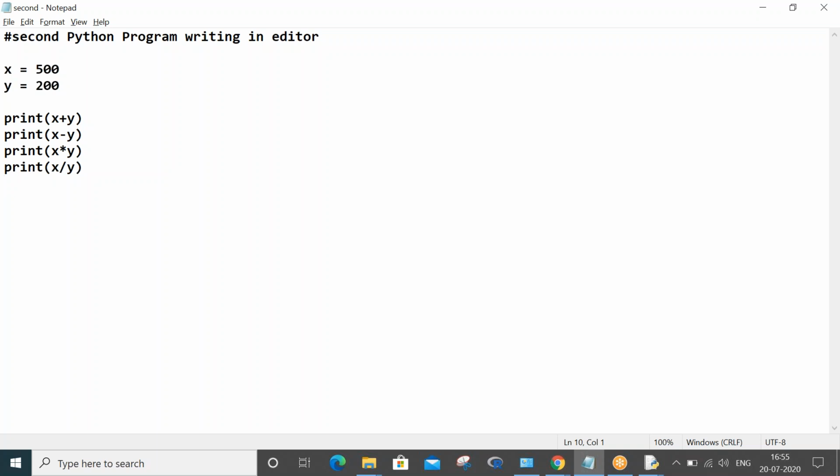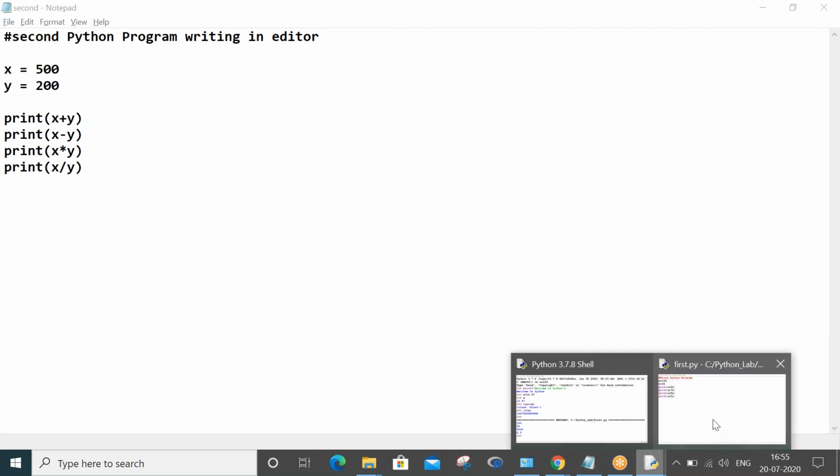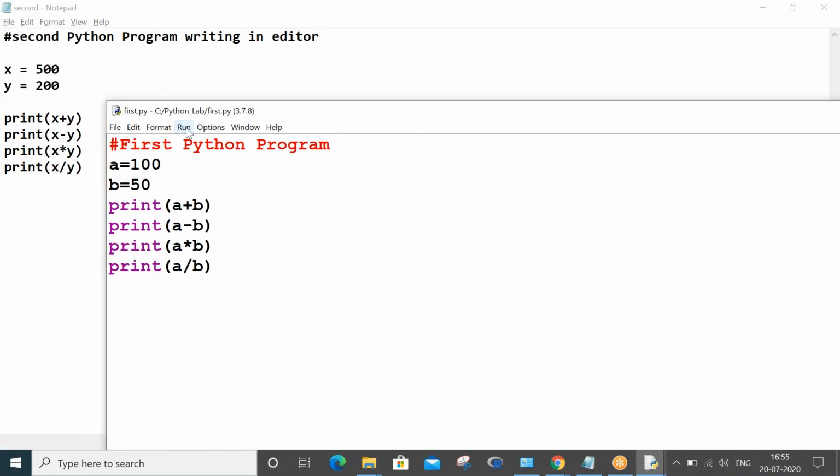Now how to execute our Python program which you have written in the Notepad editor? You cannot see Run anywhere here, as this is not the kind of file you get in IDLE. In IDLE you can find the Run option, but in Notepad of course you cannot see the Run option. Because IDLE is provided by the Python software, but Notepad is not provided by the Python software. Notepad comes with your operating system, the Windows operating system.